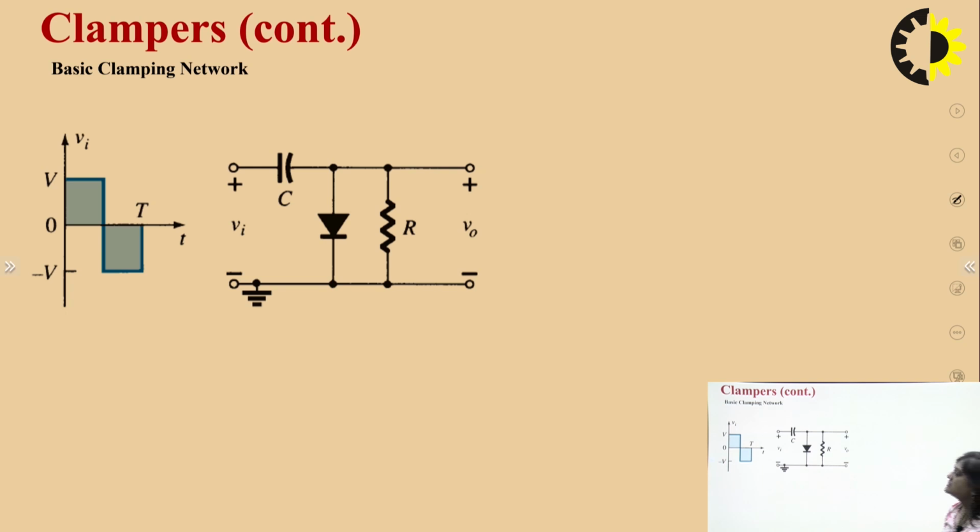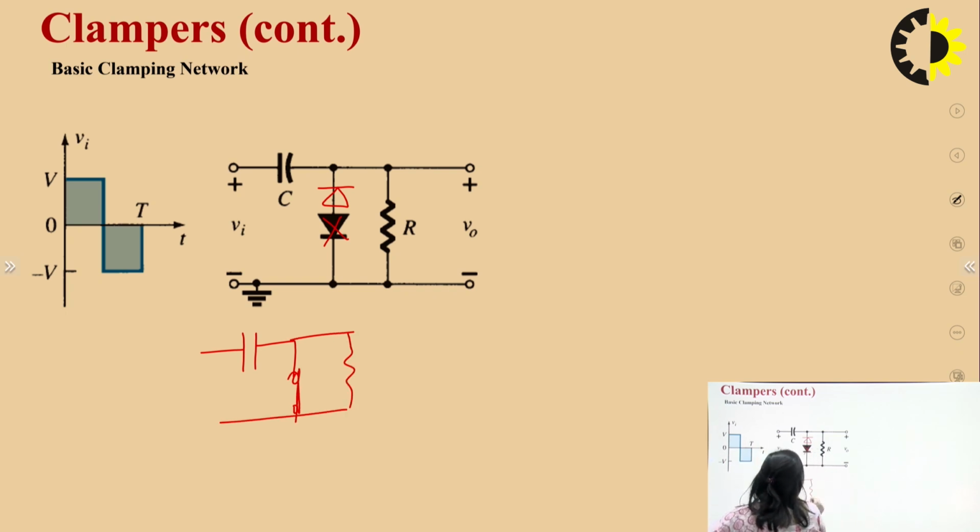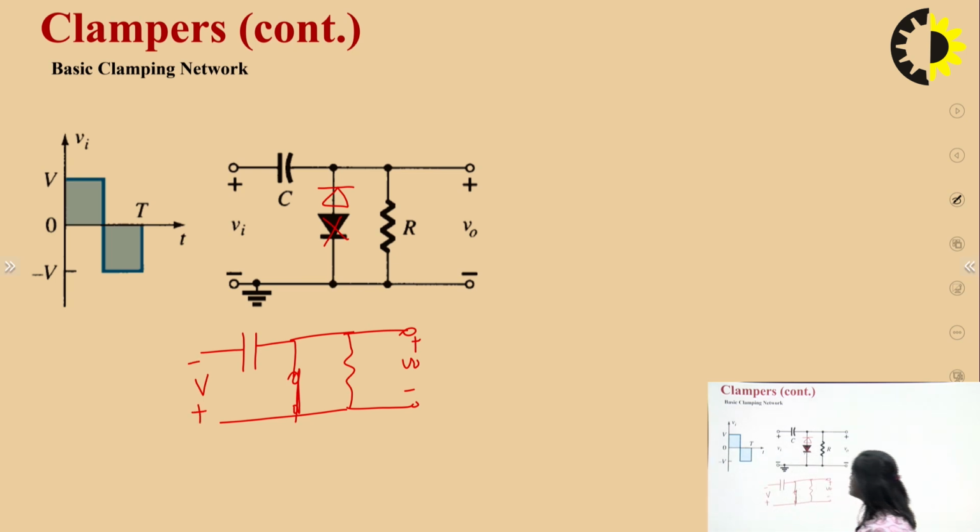So this is the same question that I have done in the last slide. Here we can change the polarity of this diode in this way, and we can solve this question in this way. We can see this diode will be forward biased in the negative half cycle, so the equivalent circuit will be this. The diode will be short circuit here, and this is the V naught, plus minus. So this is V, minus plus. So this diode is short circuit now.